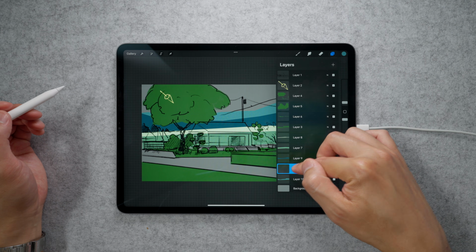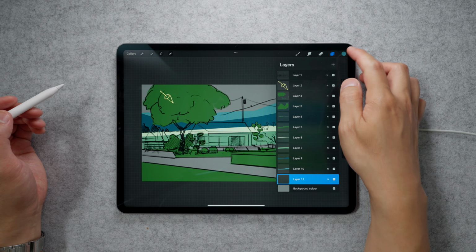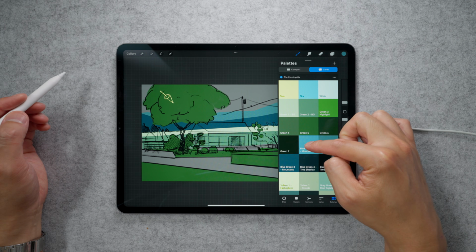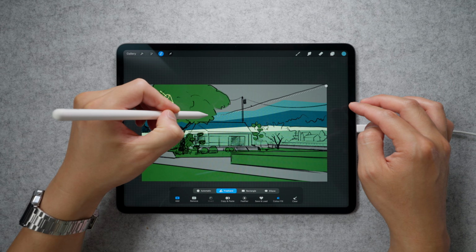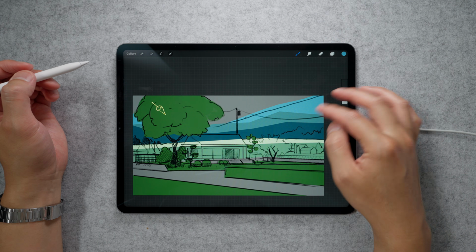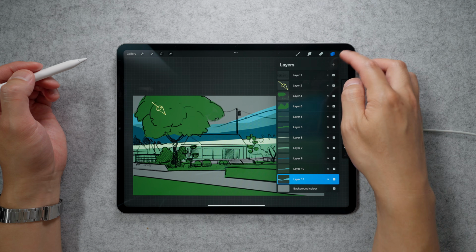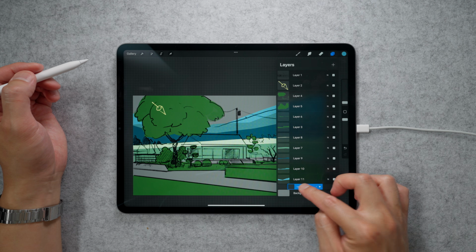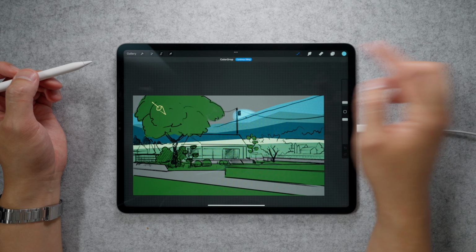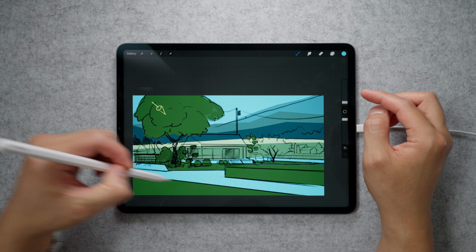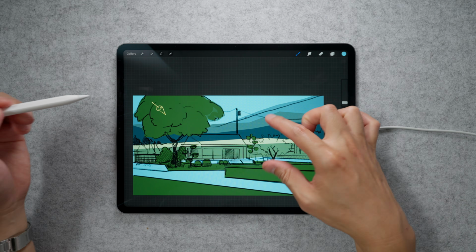So then we're going to do one more layer behind that. Let's go with our blue-green 1. Okay, and just to finish it off, we're going to create a layer underneath all of this, and we're going to use our sky color. Just drop it in like that. And you can see that's kind of filling in these transparent sections,